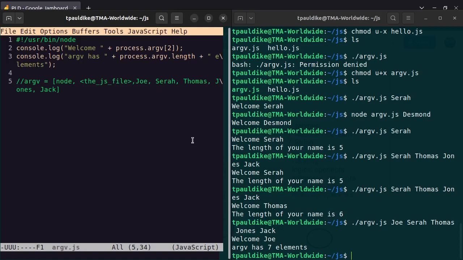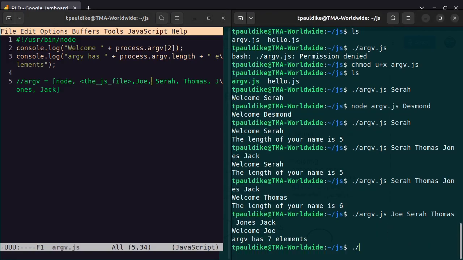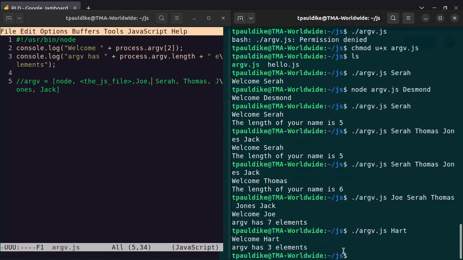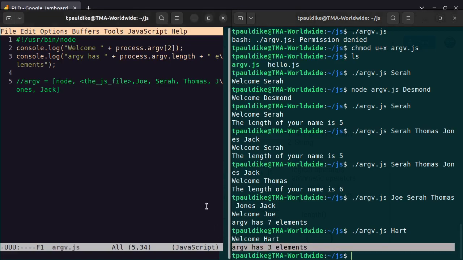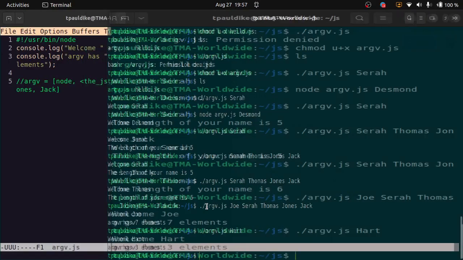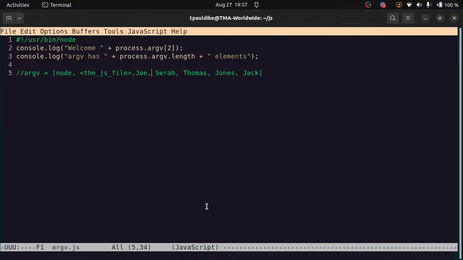So what if I want this to print accurately? Let's say I run the argv .js file and pass only one element, "heart." It says welcome heart. argv has 3 elements. You see that? What if I wanted to print something like, you passed one argument? I want the program to be able to tell when there's